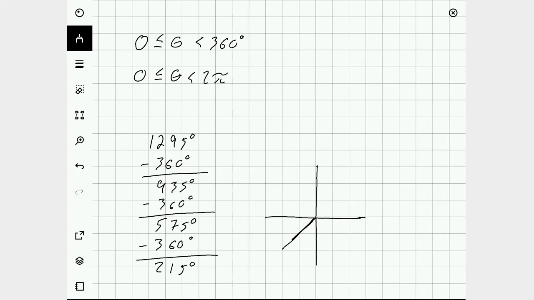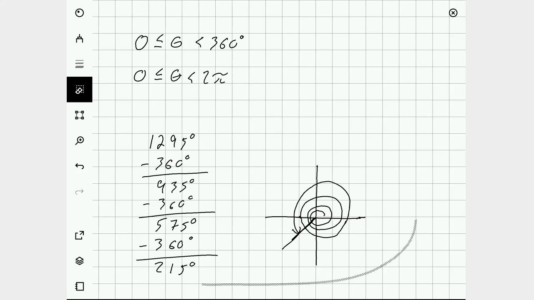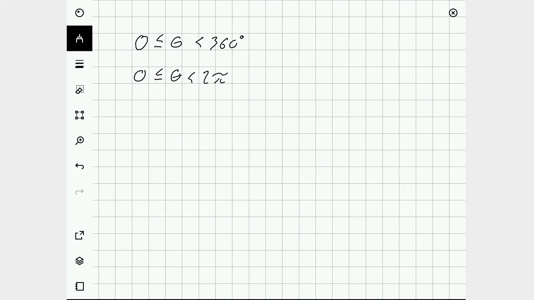But we had to go 1, 2, 3 times around the circle before we got there. So we go 1, 2, 3 times all the way around the circle, and then we get to where we wanted to go. There is my 1295 degree angle. In radians, it looks much the same. If I have an angle that's given as